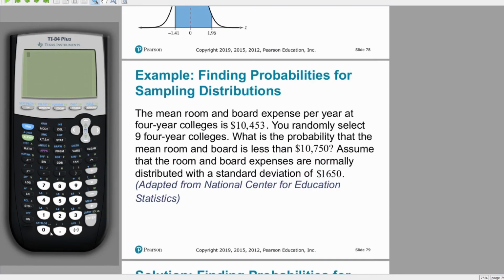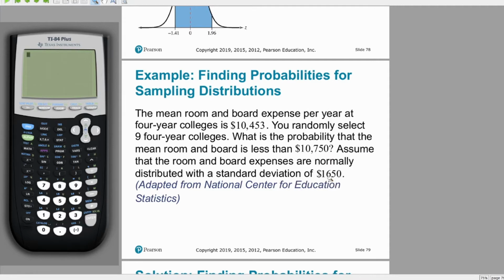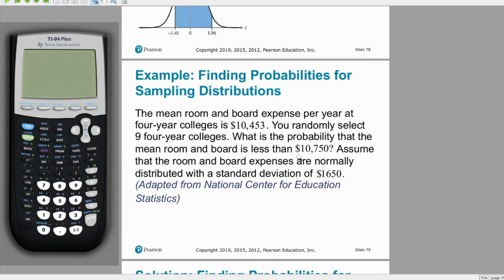For our next example, we're talking about mean room and board expenses, where in this case the mean expense is $10,453. We're looking at a sample of 9 four-year colleges, and we want to find the probability that we get expenses less than $10,750, where we're assuming approximate normality and a standard deviation of 1650. To do this,